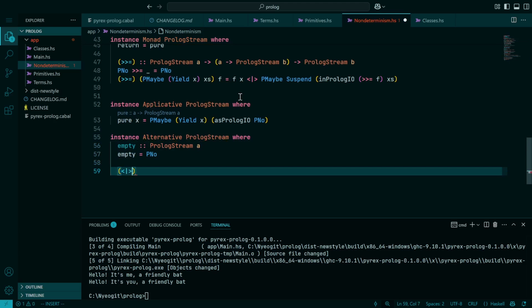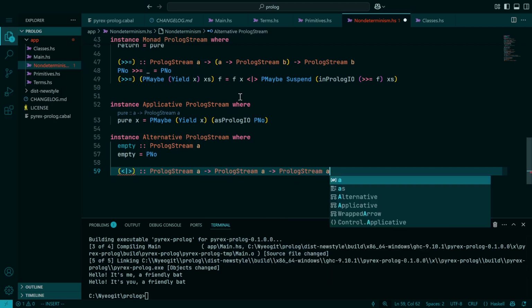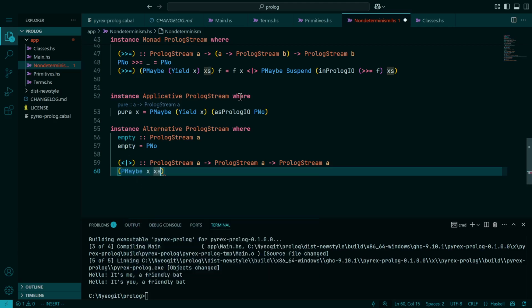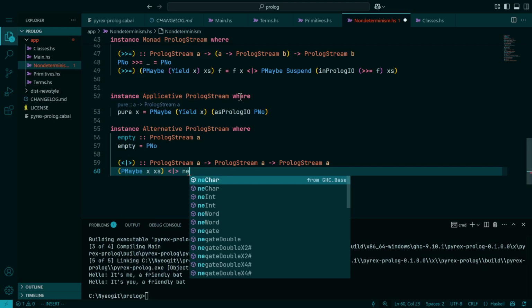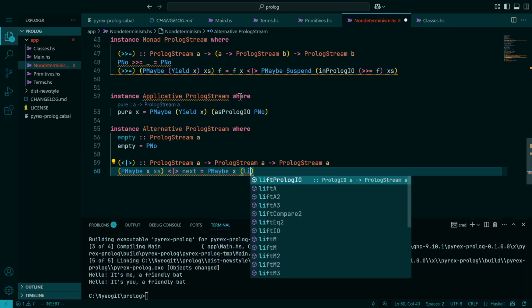We can also define this function as going from two Prolog streams. Yeah, when I referred to what this function did and I hadn't actually defined it, that was probably pretty confusing, huh? We'll say that, yeah, if we have a stream that still has something in it and we want to merge it with the next stream, we would then say that the result of that is a stream where